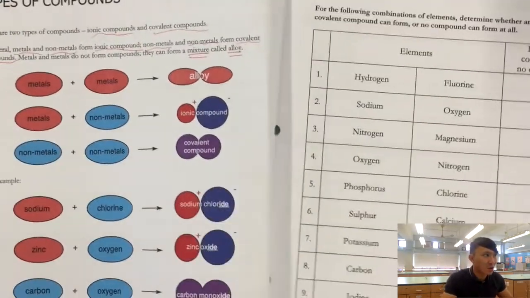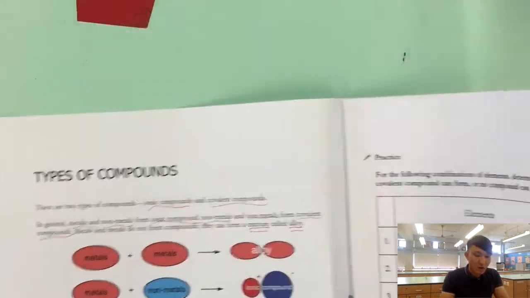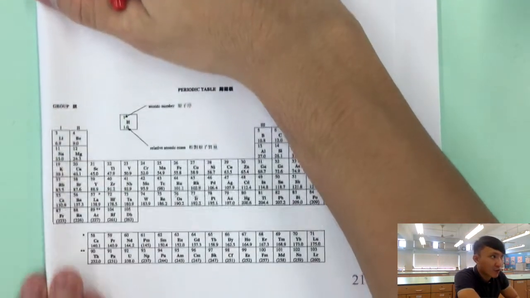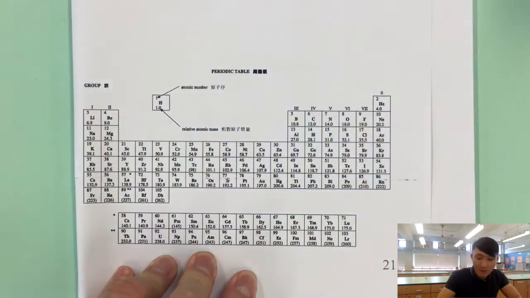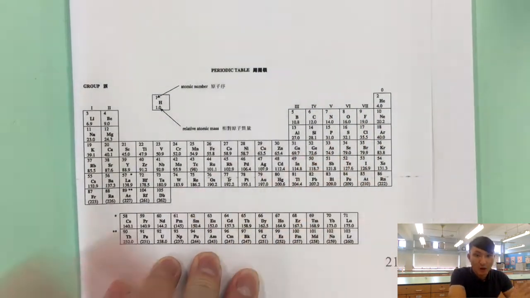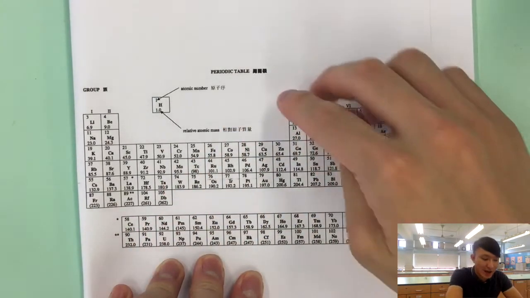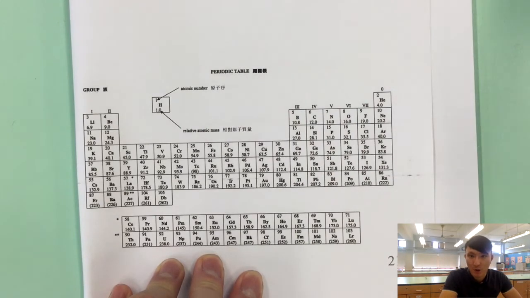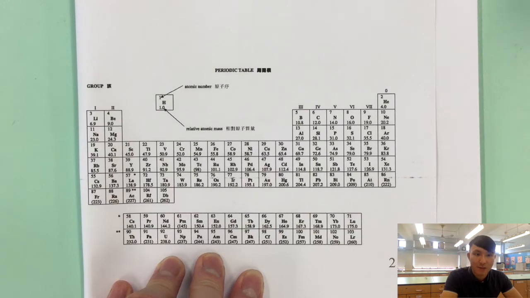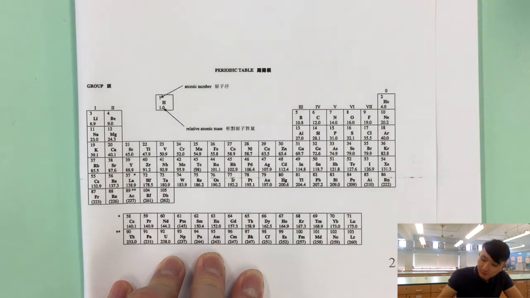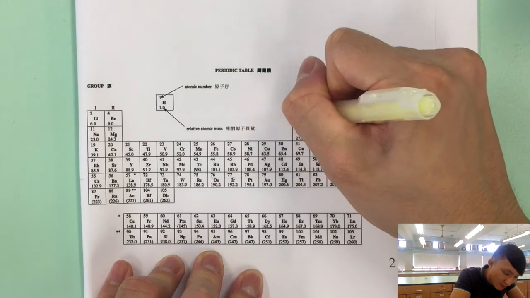Now, you may ask, which elements are metals and which are nonmetals? We can go to the last page of the notes and refresh your memory. This is a periodic table. Remember, metals are on the left and nonmetals are on the right. In between, we have some semimetals, or metalloids. It is best to know where the metalloids are, so we can tell which are metals and which are nonmetals. The metalloids include boron,